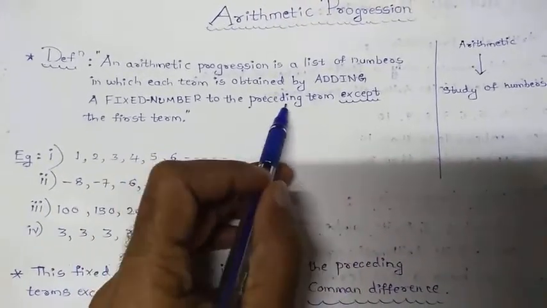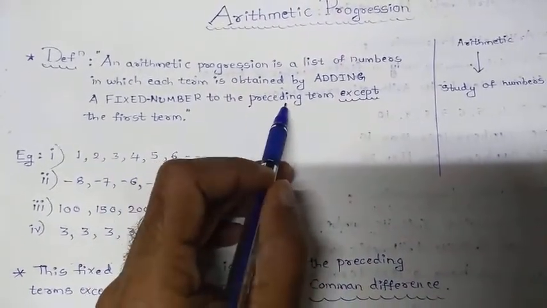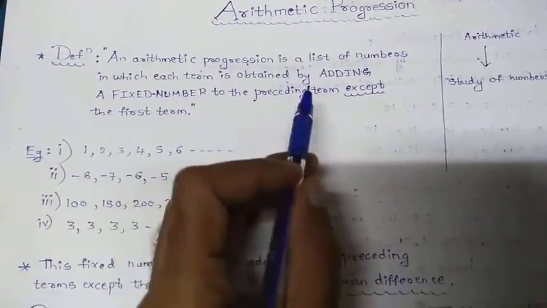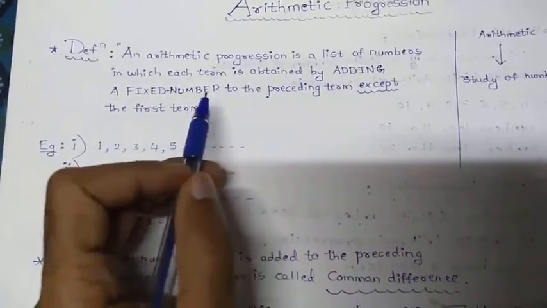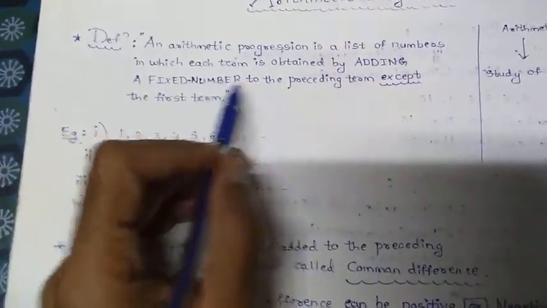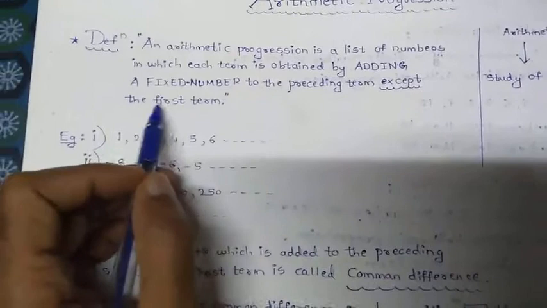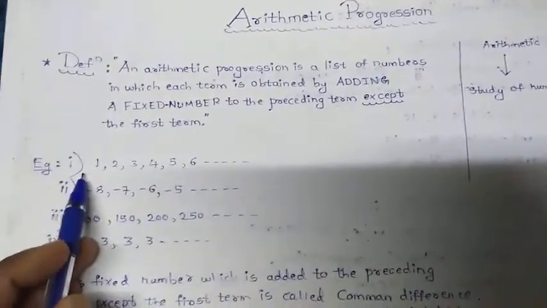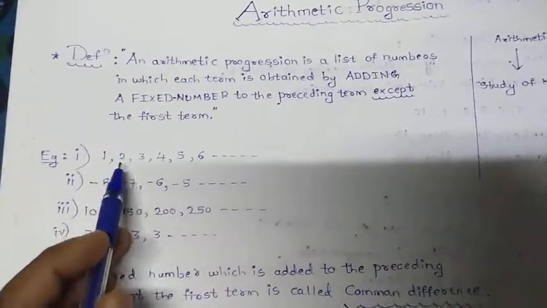So what do you mean by preceding term? Preceding term is nothing but the successive term. So each term in this particular sequence is obtained by adding a fixed number to the preceding term except the first term. Okay, some of the examples for arithmetic progression are, the first one, 1, 2, 3, 4, 5, 6